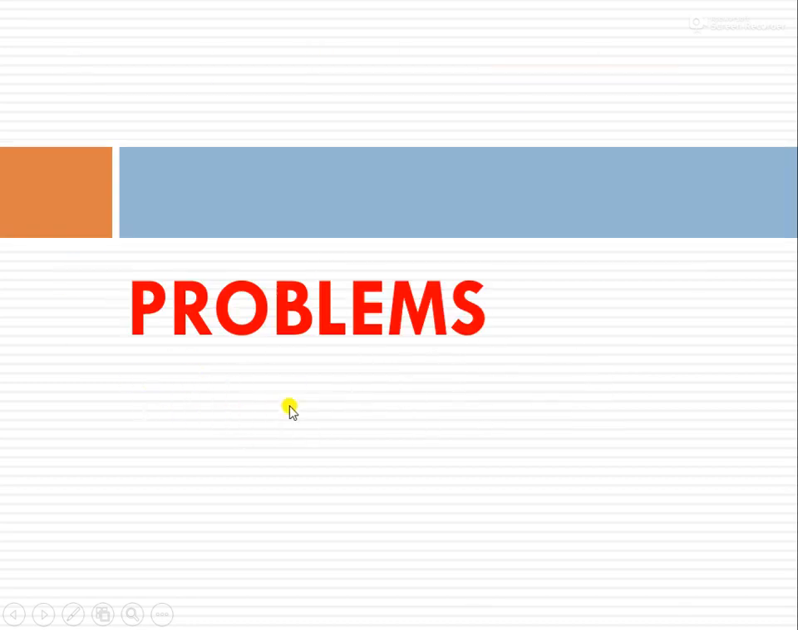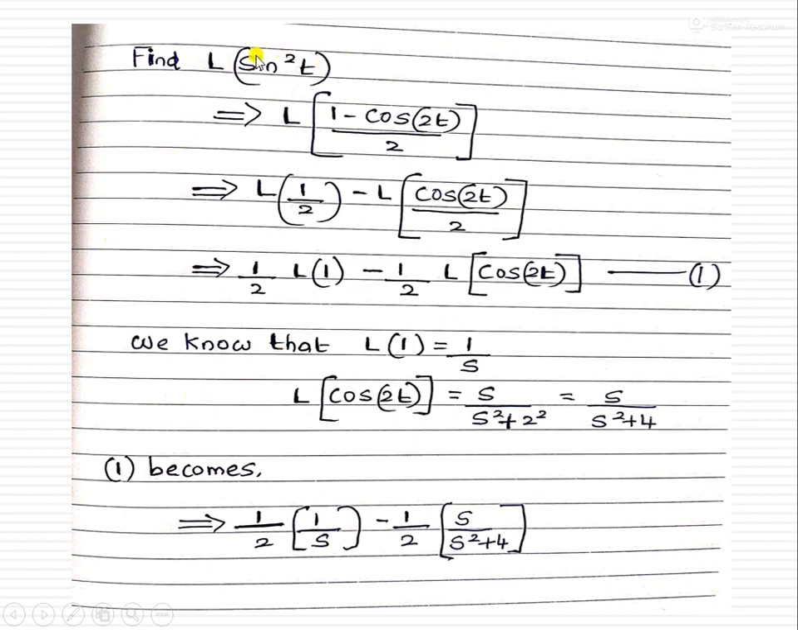Now we have to solve some problems using these properties. The first one is find the Laplace transform of sine squared t. We know that by trigonometric function sine squared t can be written as 1 minus cos 2t by 2. By using the linear property, we can write the Laplace transform of 1 minus cos 2t by 2 as Laplace transform of half minus L of cos 2t by 2. By taking half outside we get half into Laplace transform of 1 minus half into Laplace transform